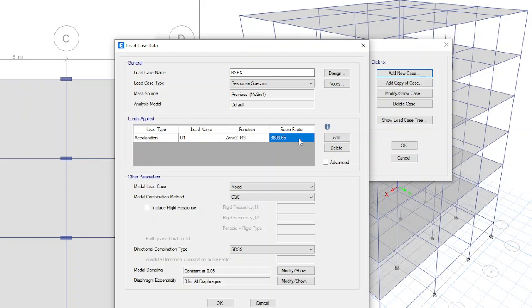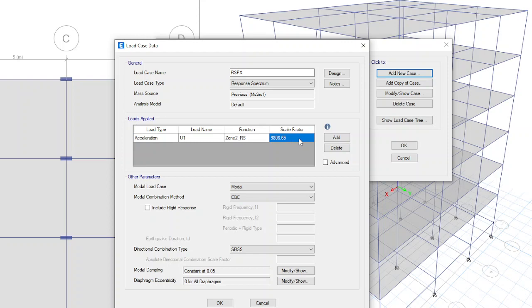If the response spectrum base shear is less than the equivalent static base shear, you may have to increase this scale factor, the 9.805 value. If it is more than the equivalent static method, then there is no need to change the scale factor. Here just give OK.